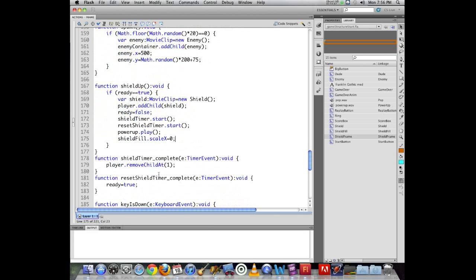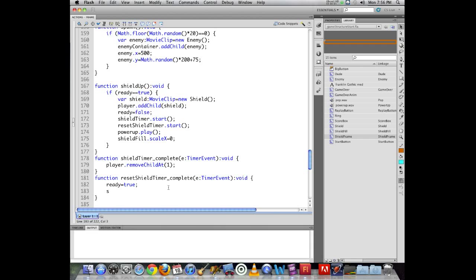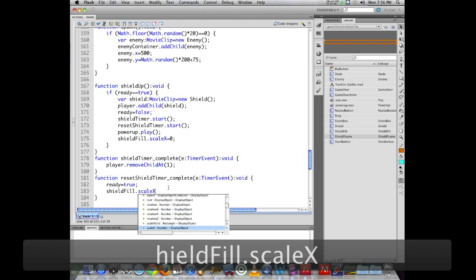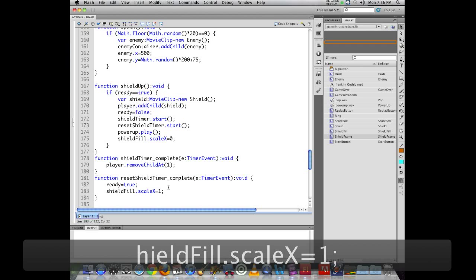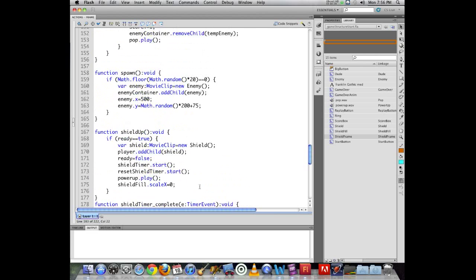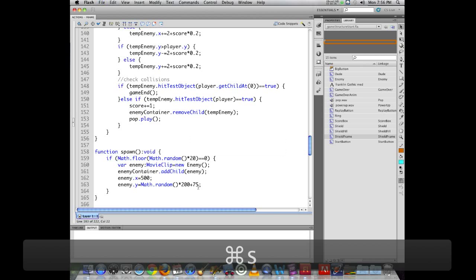And what I can do when that reset is complete, it would make sense, just for good measure, to make sure it always returns to 100%. In the complete function with my reset shield timer, shield fill dot scale x equals 1. So that means when the timer is done, it's up to 1. When the timer starts, it drops it down to 0. Every tick of the timer, it goes up by 1%. And if our calculations are correct, and we're very lucky,